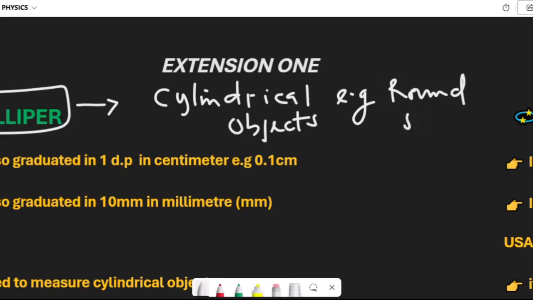The length of a round stone. For me to measure the length of a round stone, I will have to make use of a caliper. And how does the caliper look like? The caliper looks like this,